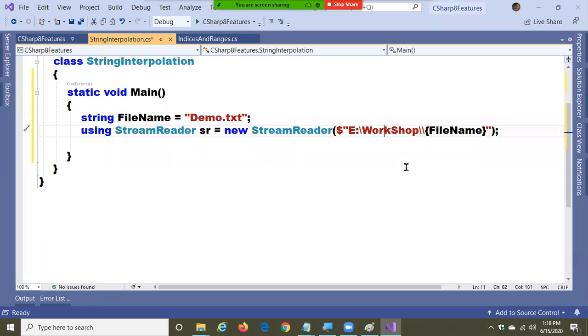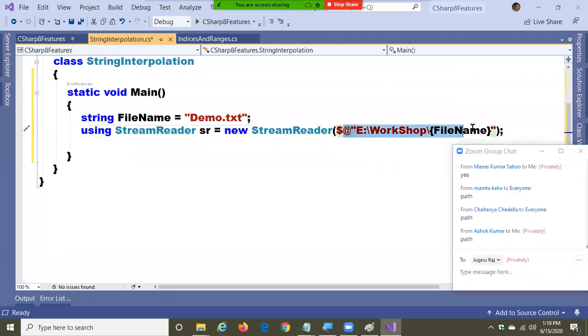Second option is, if I use a quote, I can prefix it with an @ sign. So one option is double slash. Second option is using @. Do you know this, using @?